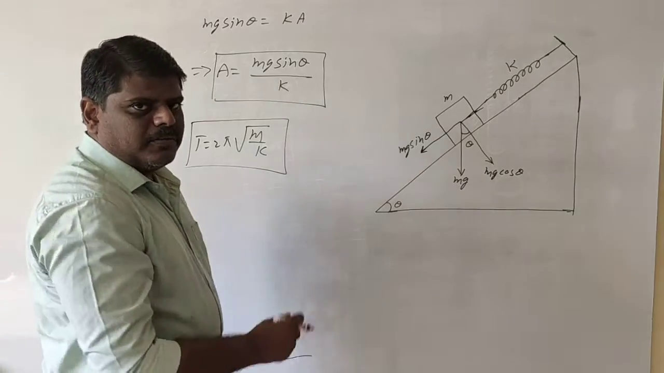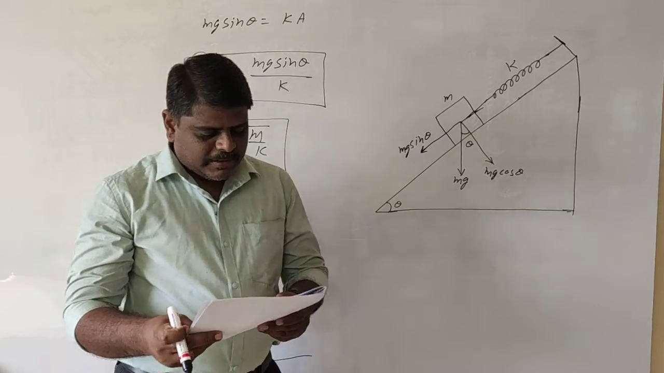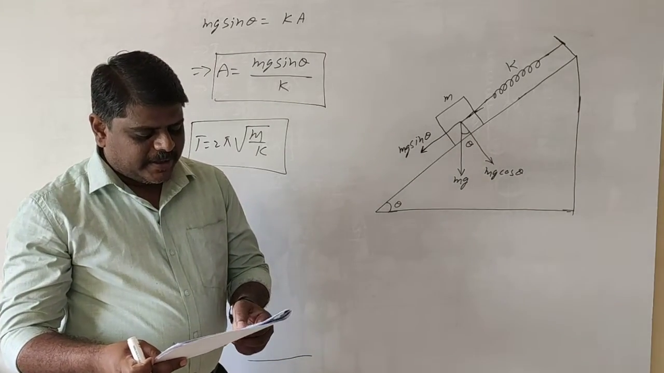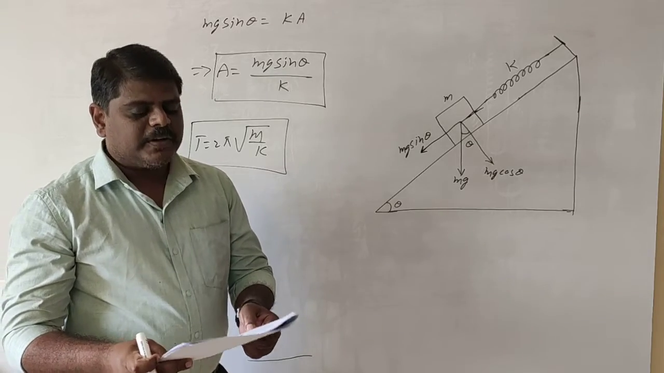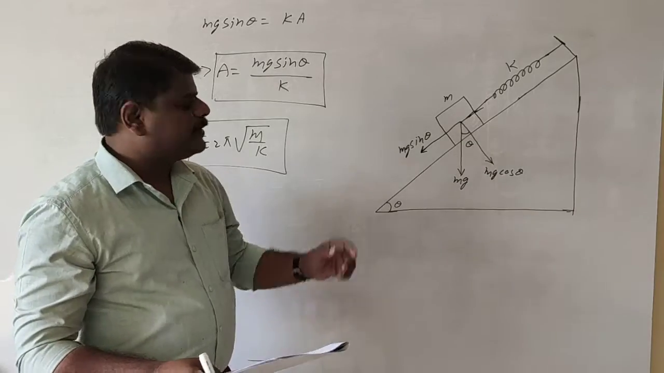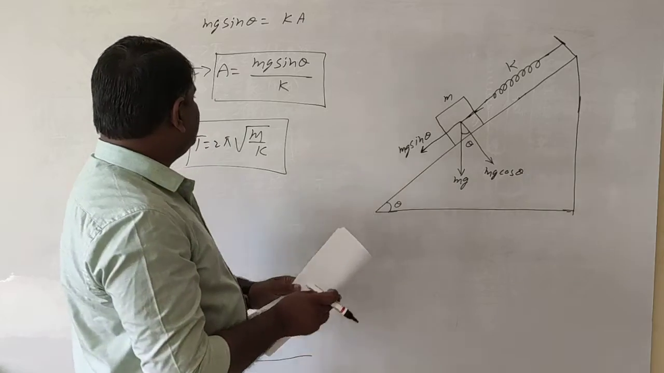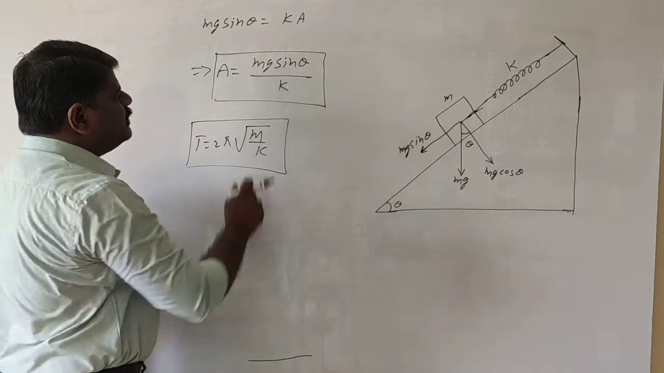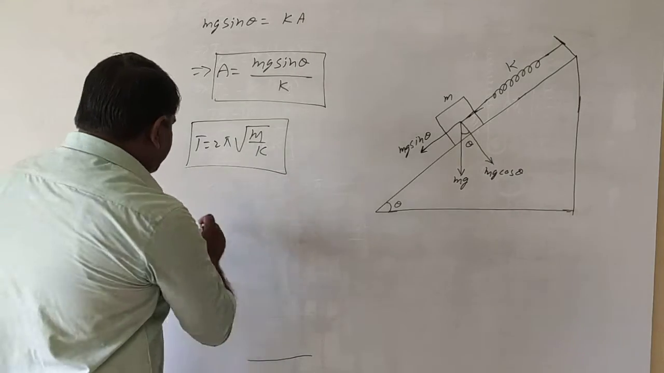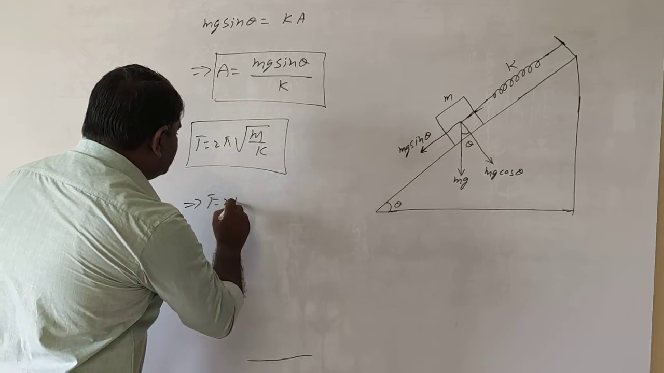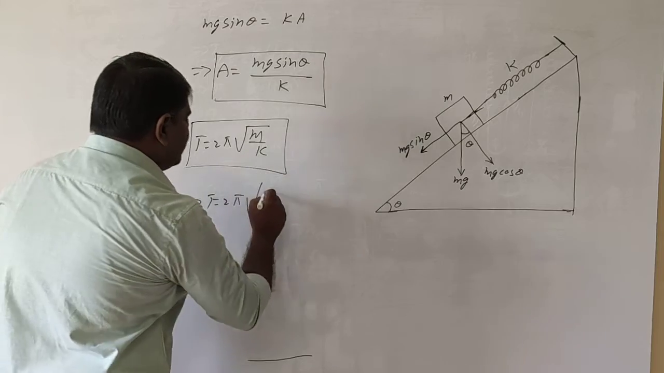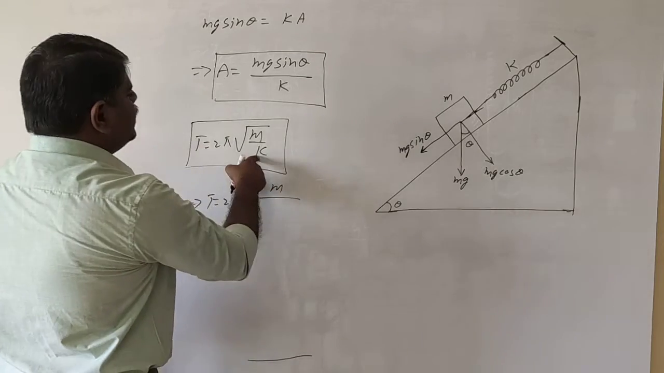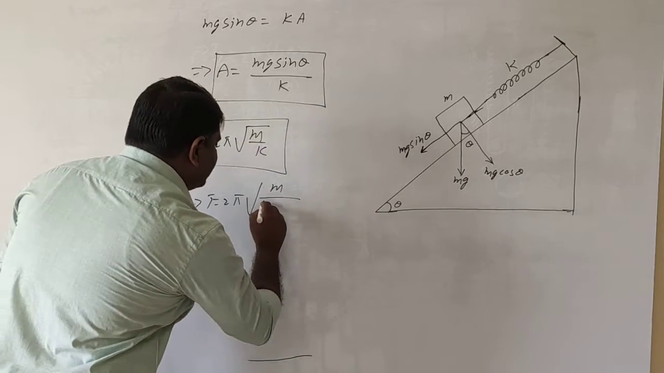Okay, which option is correct here according to these values? The amplitude is mg sin theta by k and the time period is 2 pi under root of m by k. So the first option will be correct. Sometimes, if you want to simplify more, you can substitute the k value. k can be substituted from mg sin theta. Then what happens to the equation? T is equal to 2 pi into under root of m by, in place of k, mg sin theta